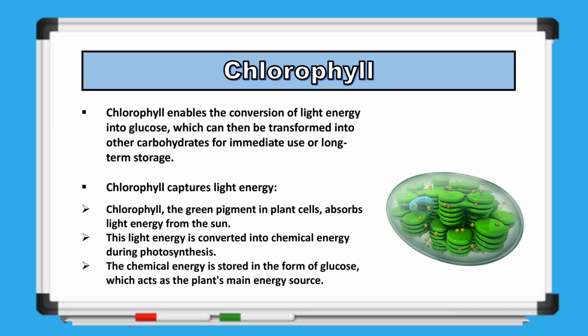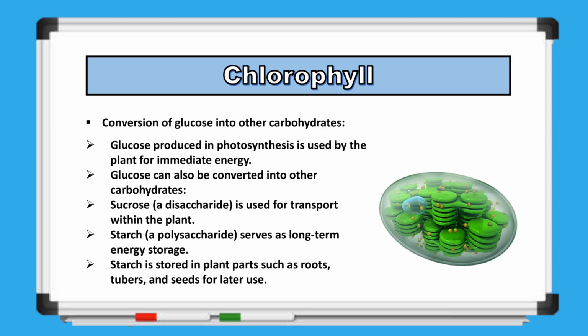Also, you can see a diagram of a chloroplast here. Inside it, there are stacks of disc-shaped structures called thylakoids, or grana. This is exactly where the energy conversion process takes place, and we have already studied this structure in detail back in Chapter 1. Now, continuing with the role of chlorophyll, it's important to understand that the glucose produced during photosynthesis